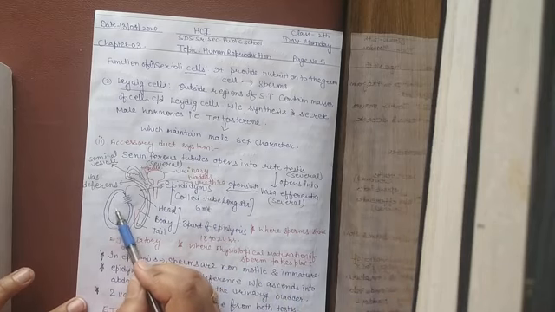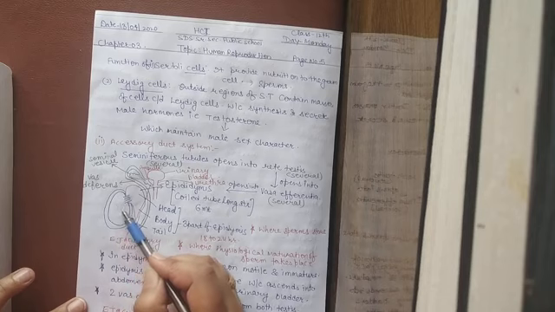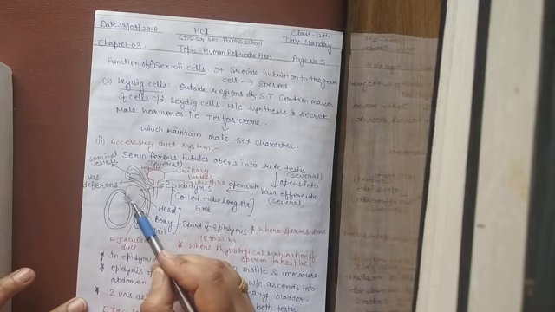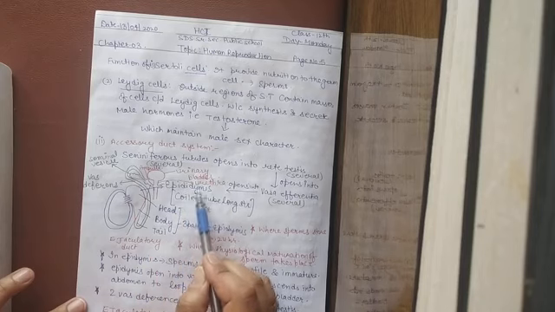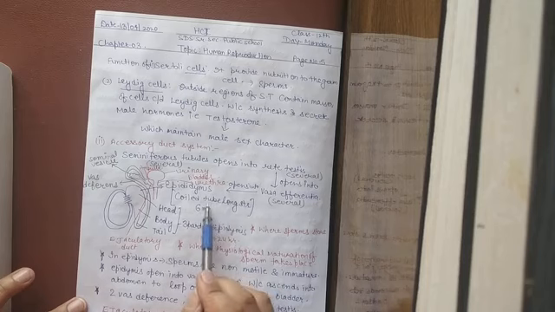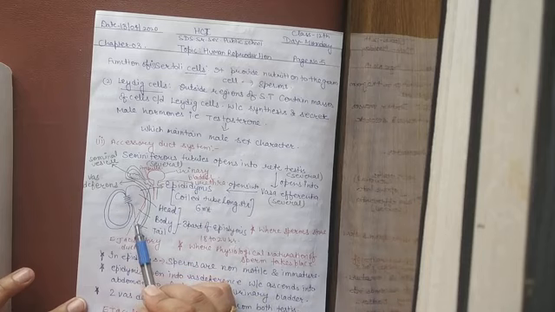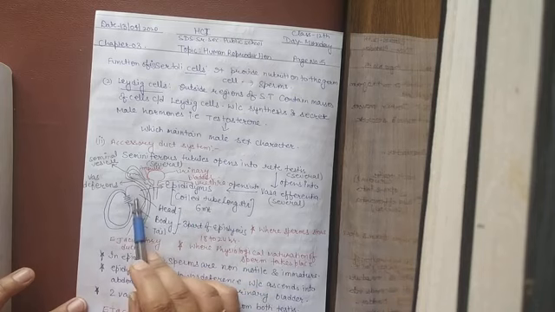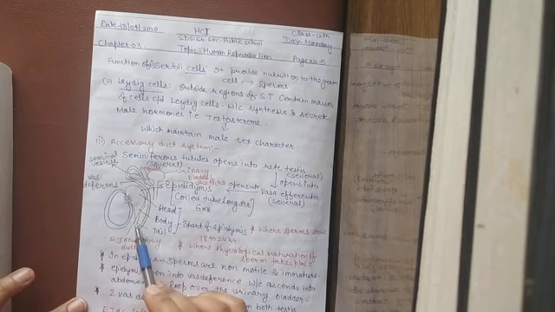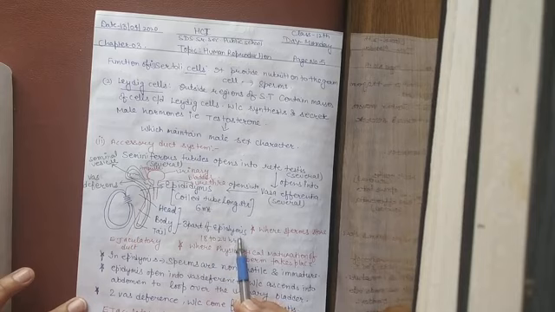So here so many seminiferous tubules are present, then rete testis, and then rete testis join to form the vasa efferentia, and then finally open into a highly coiled long tubular structure known as the epididymis. It is about 6 meters long. It is a highly coiled structure, but here I show you a simple structure. Epididymis has three parts: head, body and tail. This one is the head region, this is the body, the middle piece, and this one is the tail region. So these are the three parts of the epididymis.